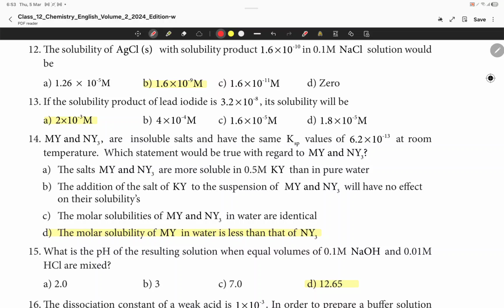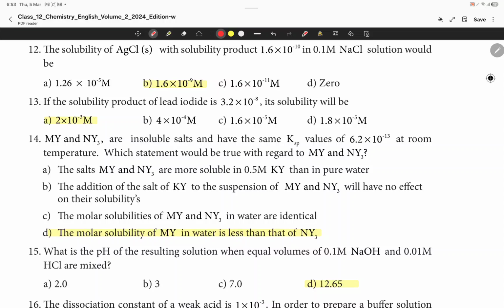MY and NY3 are insoluble salts and have the same Ksp values of 6.2 × 10 power minus 13 at room temperature. Which statement would be true with regard to MY and NY3? The molar solubility of MY in water is less than that of NY3. What is the pH of the resulting solution when equal volumes of 0.1 M NaOH and 0.01 M HCl are